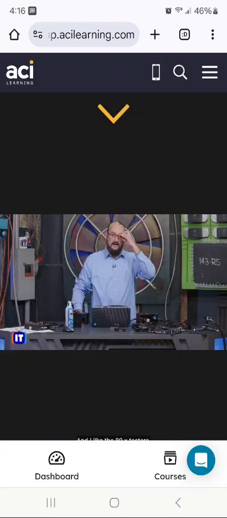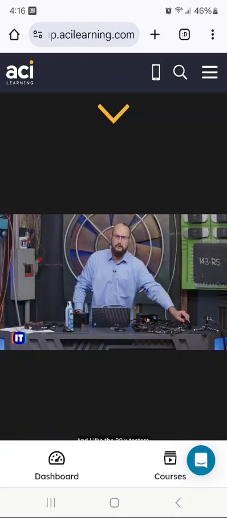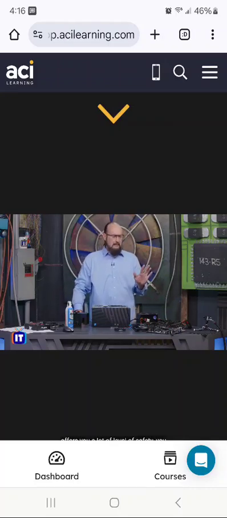And I like the ATX testers. This is one by Thermaltake, because it offers you a level of safety. You have to be careful with the multimeters. So some of the things that you have to worry about when it comes to the power supply